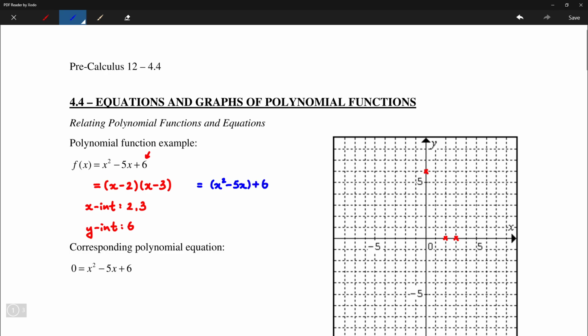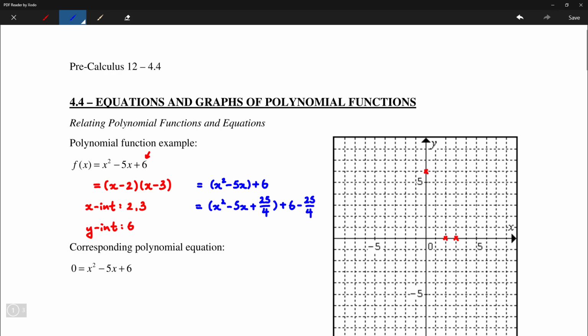Divide 5 by 2 and square. So that would be 5 over 2 squared will be 25 over 4. And then plus 6. And of course, since we added 25 over 4, we should subtract 25 over 4 outside